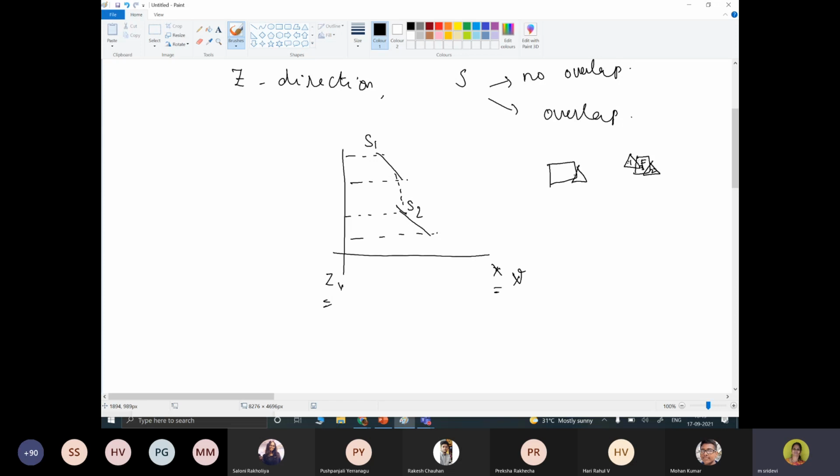Can you understand the point I am explaining? So this is one foreground object. This is another foreground object. This is your background object, but I am representing it as 1, 2, 3 from the viewing.